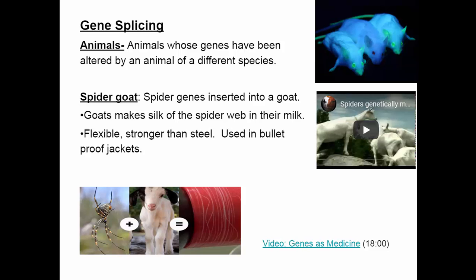sometimes a couple is not able to conceive a child through normal means, so they might have in vitro fertilization. They take an egg cell from the mother, a sperm cell from the father, fertilize it in a petri dish, and allow it to start to grow into a small embryo. They can then implant it back in the woman's uterus, and she's pregnant, and she gives birth